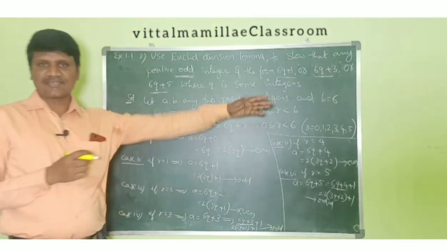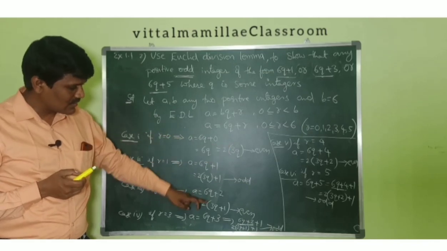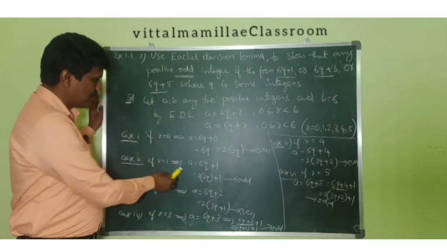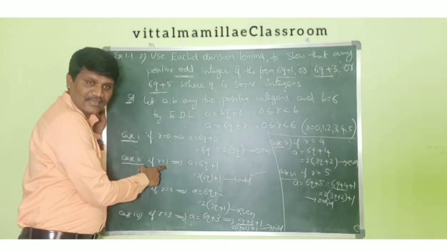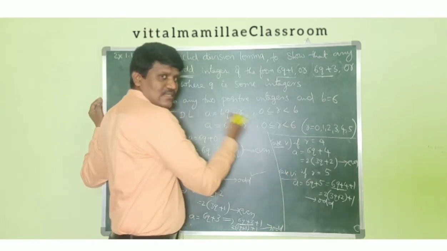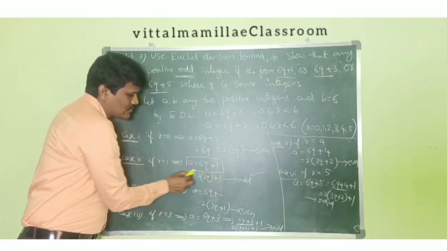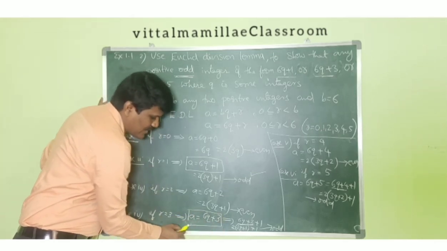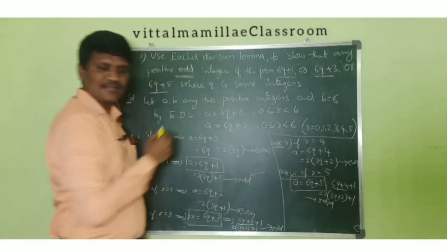Now we have seen all the 6 cases, and if you observe, the first case is an even number, the third case is an even number, and the fifth case is also an even number. So an odd number is coming for only case 2, if r is equal to 1, and the next odd number we are getting for r is equal to 3, and the next odd number for r is equal to 5. Just observe: if a is equal to 6q plus 1 we are getting odd, if a is equal to 6q plus 3 we are getting odd, and if a is equal to 6q plus 5 we are getting an odd number.